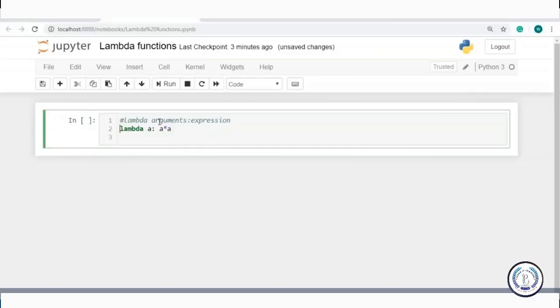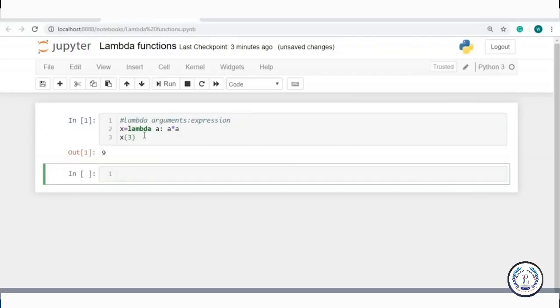So this is my lambda function. But before executing this, I'll require some variable that can hold the value of this. So I'll specify that x is equal to this lambda function. And after this, I'll say x of 3. And I'll hit run. As you can see over here, when I used x of 3, it returned the